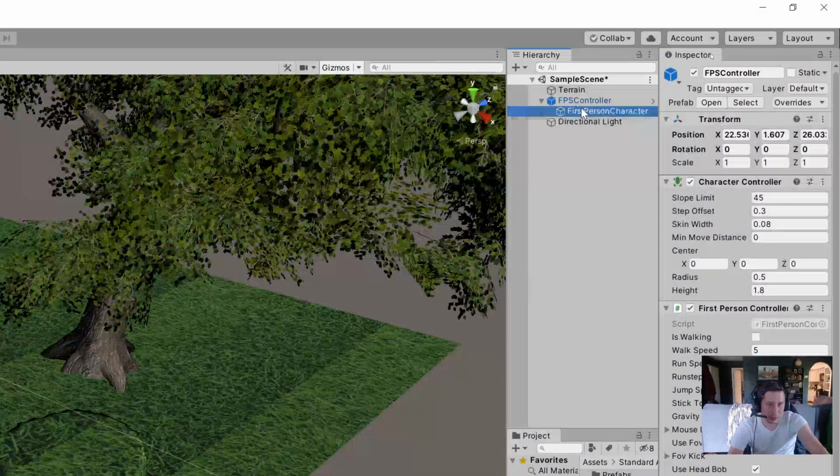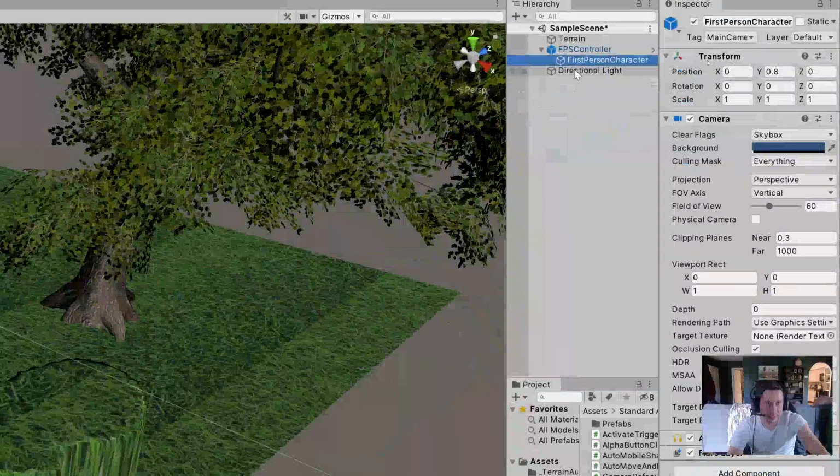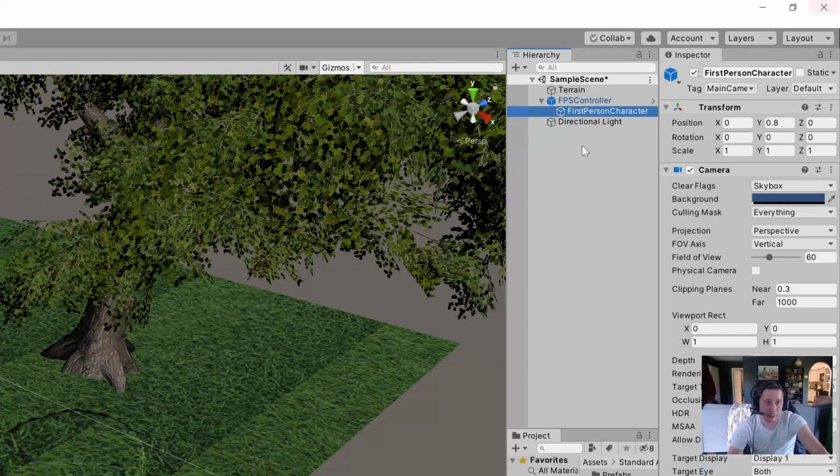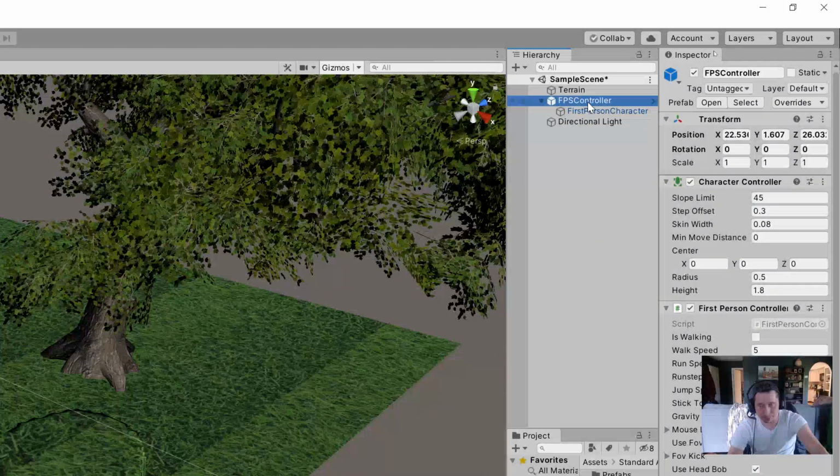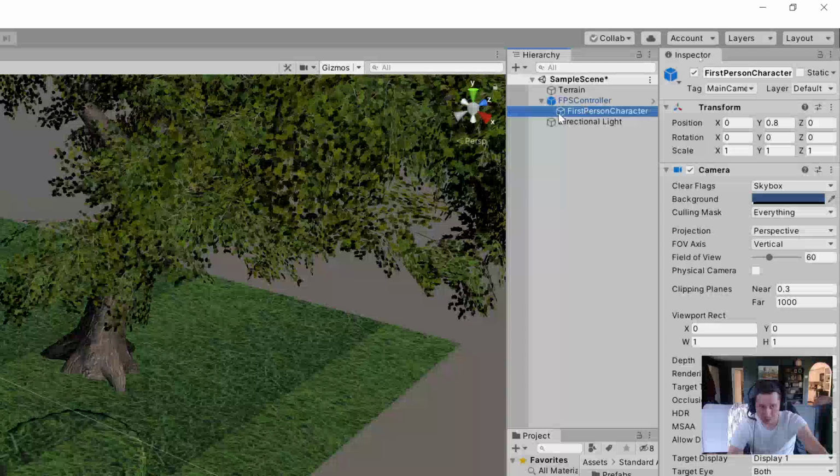Notice that there are a few things in here. One, we have the first person character, and this is more of your camera. And let's look at actually what's in here, right? This is a child of the FPS controller. So the FPS controller is the parent, this is the child. So the first person character controller